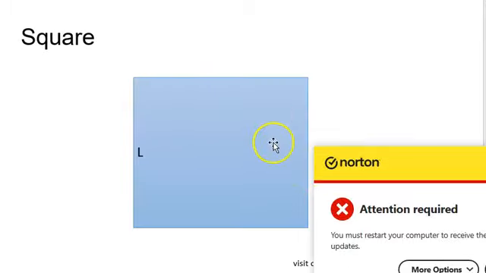And here we have our square. The square has four equal parts, which is the length here, the length here, the length here, and the length down. So the square, each side is called the length. Okay,